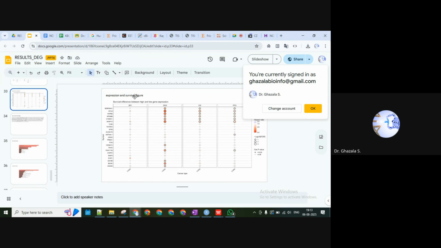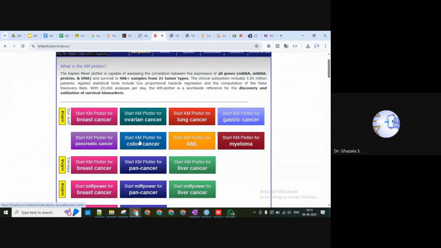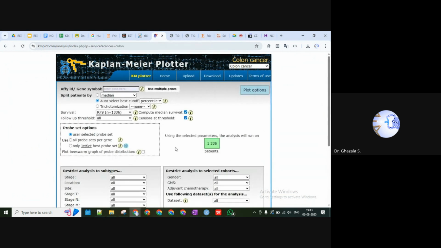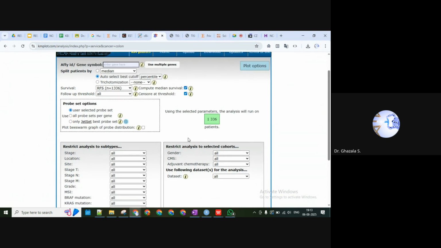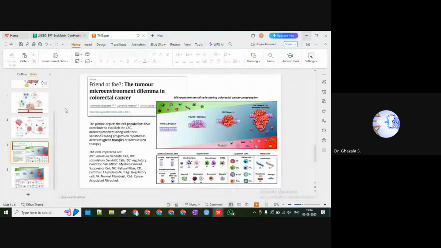And yeah, for survival analysis you can generate different figures using, I think I have discussed the tool, the Kaplan-Meier tool, or KM plotter we can say. So in this KM plotter we can make survival analysis figures that are more relatable. So here we have it specific for colon cancer, that is again colorectal cancer, specifically originating from the colon. Okay, so here you can add multiple genes that we already have and generate the survival plot.